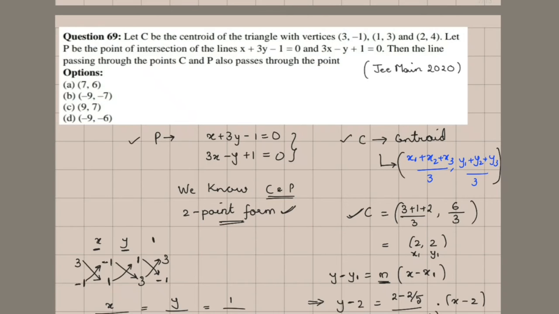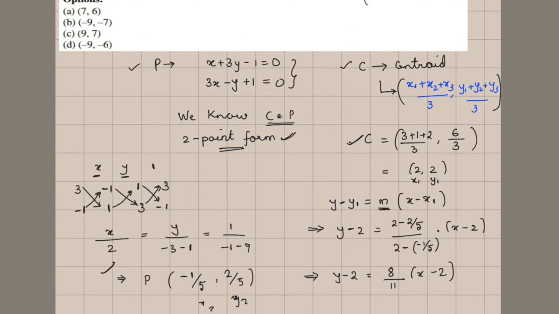Now we need to check which other point given in the options also passes through this line. In the options, we can see there are 9 in the abscissa and 7 and 6 in the ordinate. Here, the denominator is 11. These all are integers. So to get this 11 cancelled, we need the numerator to also be some multiple of 11. If you put x equal to minus 9, then it will be minus 11. If it is 9, then it will be 7. The 11 won't get cancelled. So the x will be minus 9.